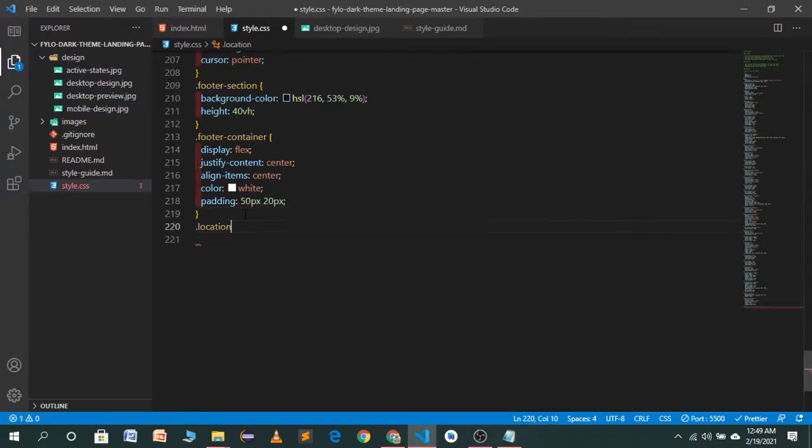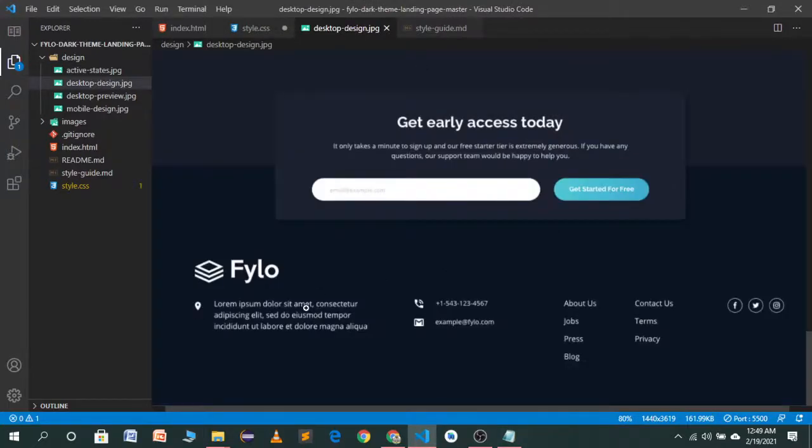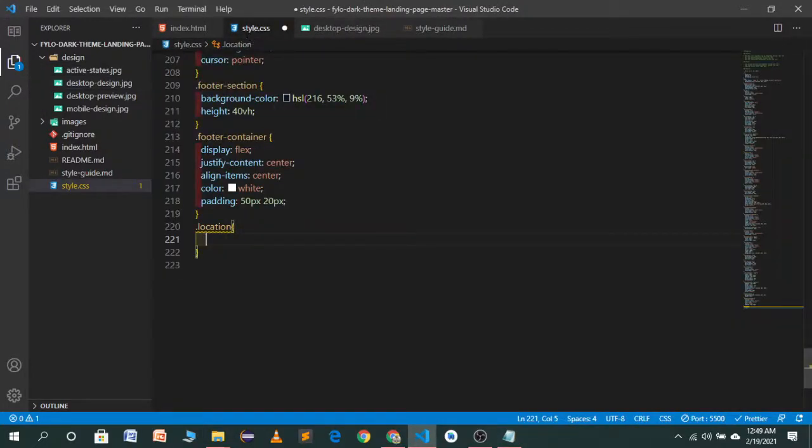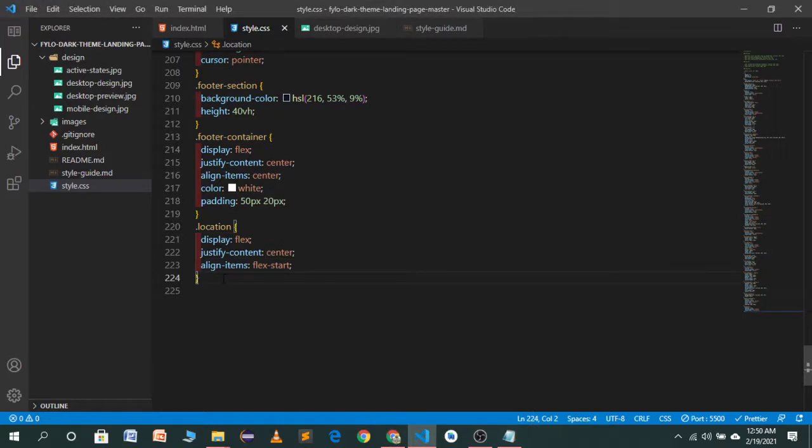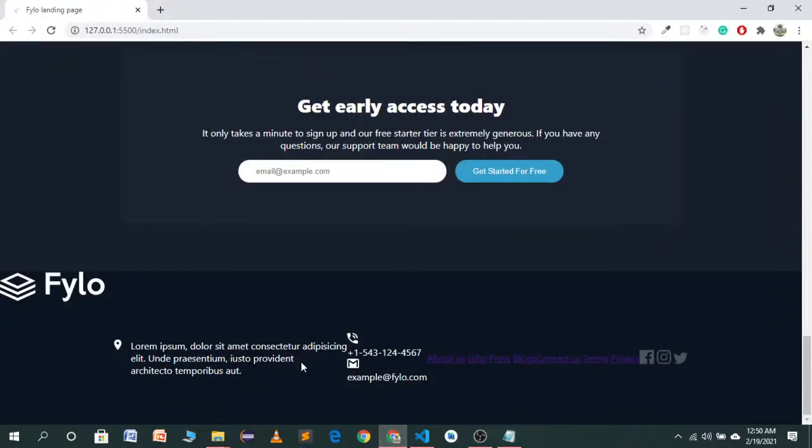As you will see in the demo, we want it in a horizontal direction, so we'll use display flex, justify-content center, align-items flex-start. Now it's looking beautiful, but we have to target this icon and give it a margin right. In location, target img, give it a margin right of 15 pixels. Now it's looking beautiful and great.